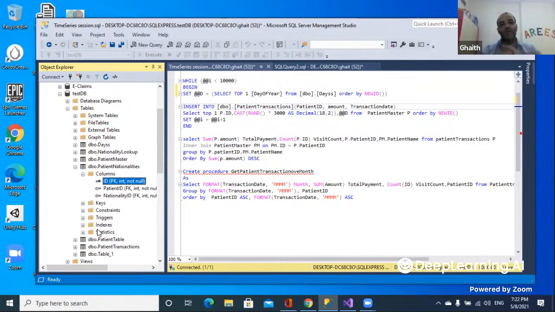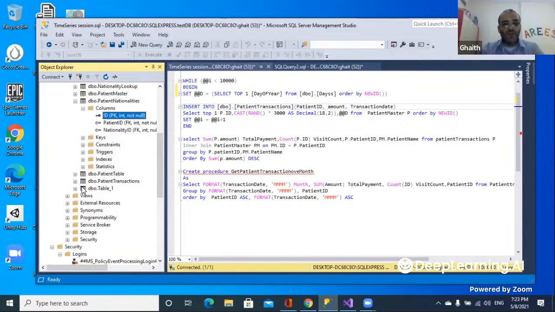By the way, it's nice to tell me if somebody is not familiar with relational databases, so I can make, let's say, an appendix video. I will push it to YouTube just to tell you the basics. But I'm assuming that everybody has the basics. We are only here to generate fake data and then group this data and collect it into something similar to a time series. Okay, so why didn't I use the ID in the insert statement for the patient transaction, sorry,